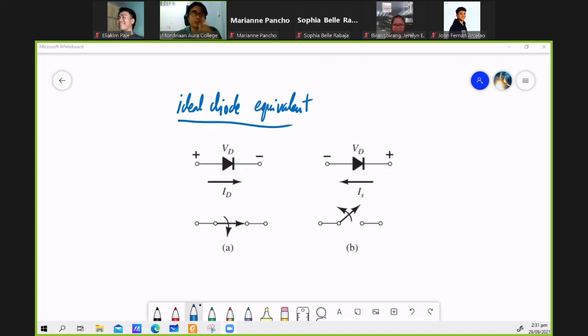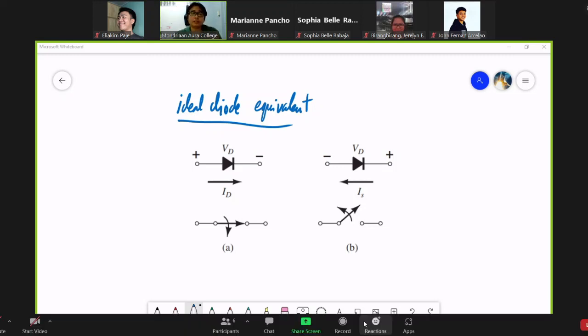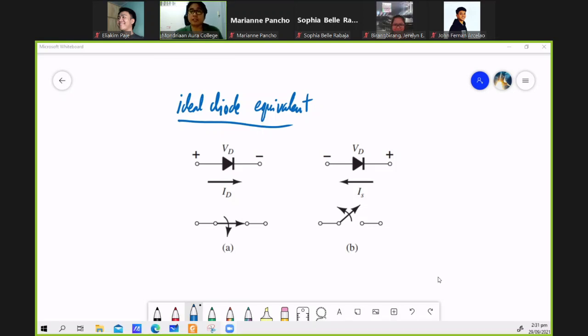Okay? So the more doped a semiconductor material is, the more it is being conductive. So mas maganda siya. No? Kasi pag binayas natin siya, pag pinorward bias natin, mas lalo siya magko-conduct ng electricity or ng kuryente. No? So in the conduct of